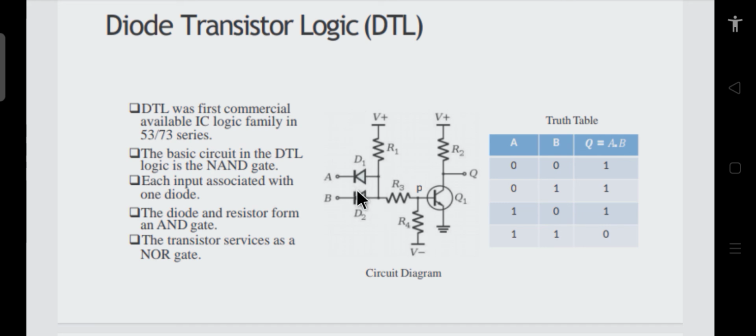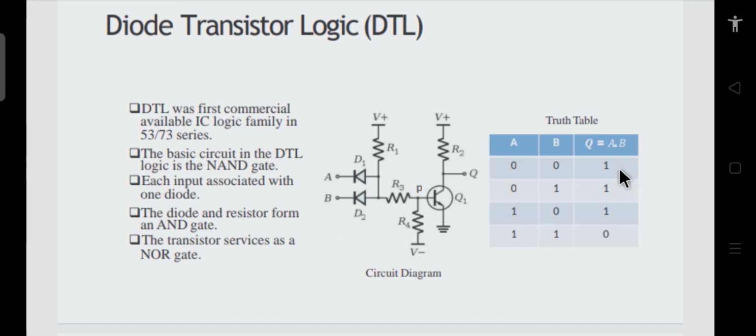Okay, these two diodes will be on, and there will be a very low resistance path from V plus to ground through either A through D1 or B through D2. So there will be current in this path, and this transistor will be off. If this transistor is off, then whatever voltage is available will be available at this terminal. So this is 1. So if both the inputs are 1 1 0 0, the output in this case is 1.